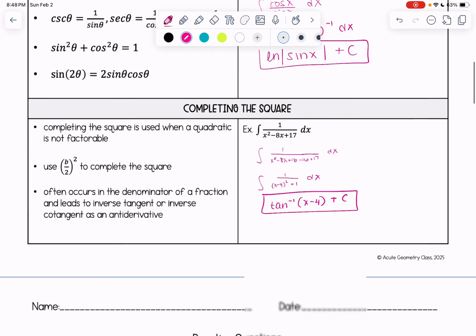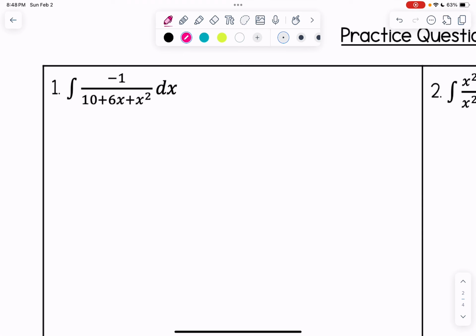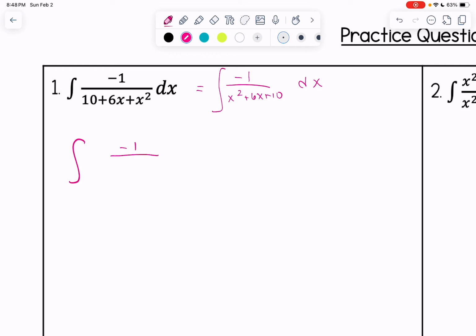All right, let's take a look at some other questions. Number 1 is a pretty good follow-up to that one because this is another completing the square example. So I'm just going to rewrite this so that the denominator is in standard form. Personally, I just prefer that in order to complete the square. So I'm going to now complete the square because it is not factorable. So I'm going to add plus 9 and then I'm going to put in a minus 9